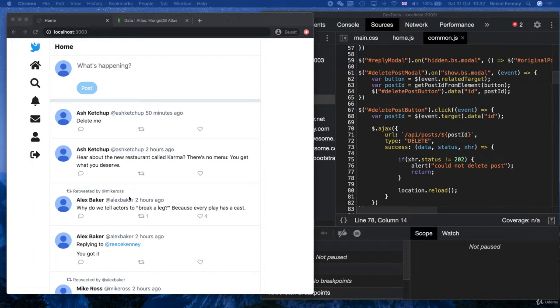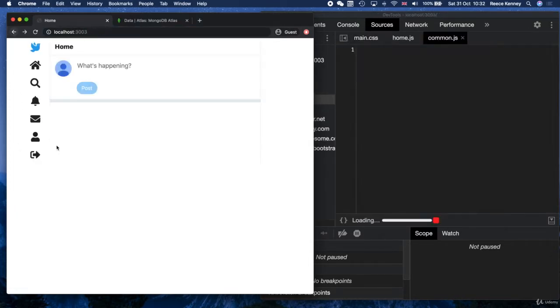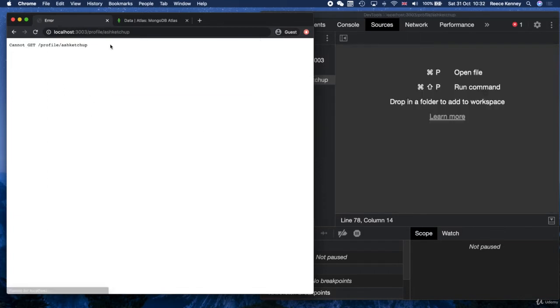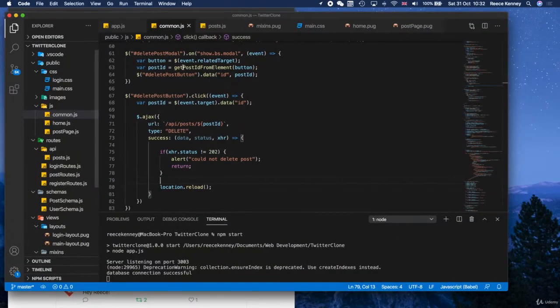the profile page. Currently we have this button right here which takes us to the profile page, and we can also click on people's posts. So if you click on the button on the nav bar, it takes us to /profile, which will be our own profile. But if we click on someone's name, it takes us to /profile/ and then whatever the username is. So we're going to handle both of those, of course. The first thing to do is handle the profile root so that we don't see that error anymore and just